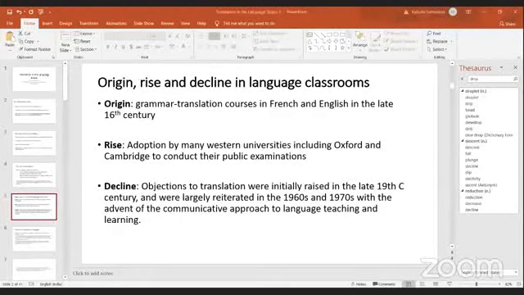Now, for 2 centuries, this remained an adapted method of language learning in many different Western countries. Now, this method received high accolade in England in 1858. That was the year when a system of public examinations was established, controlled by the universities of Oxford and Cambridge. These examinations served to fix